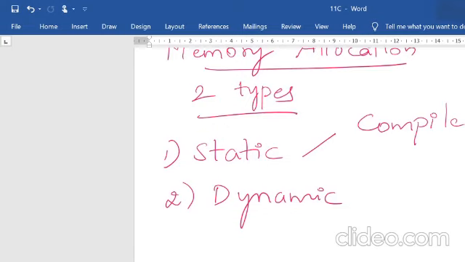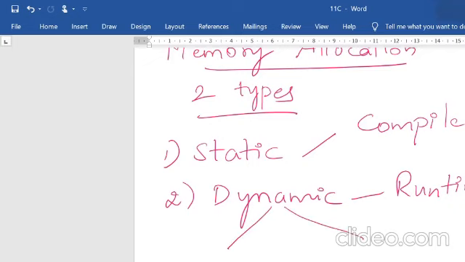For example, int number, where number is a variable. So 2 bytes of space will be allotted for this during compilation. And next is dynamic memory allocation. Here, however many bytes are required for data and instructions will be allotted at runtime, that is, at the time of execution. After your compilation, everything is working, right? That is what you mean by runtime. So it allots the memory at runtime.